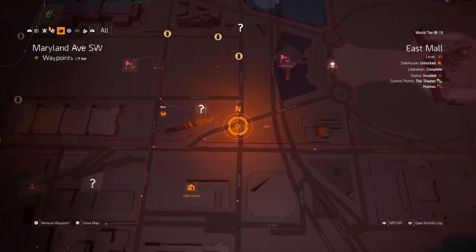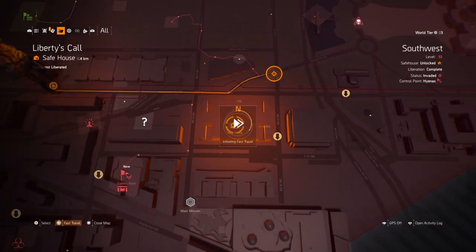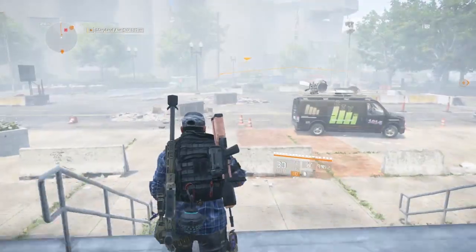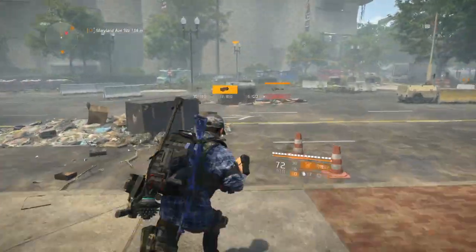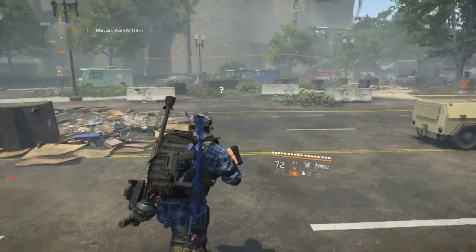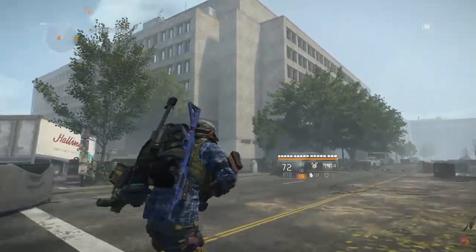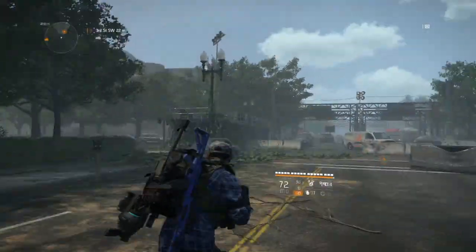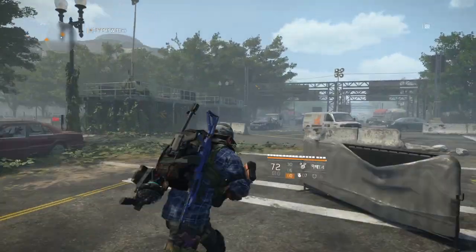So the next one is just located just here, just by the stronghold to the right. You can easily go from the safe house like I did just here. Once you've done that, you're going to want to head on outside of the safe house and take a right, and you will come across these two simply same looking buildings. One of them will have an antenna hanging off the top of it, and on that antenna is the actual